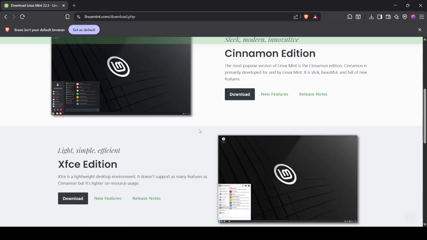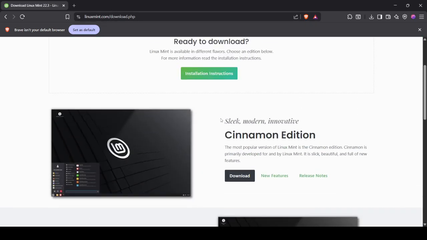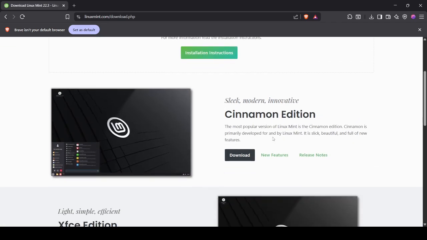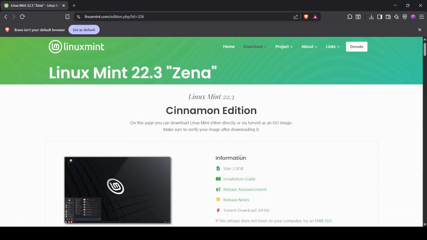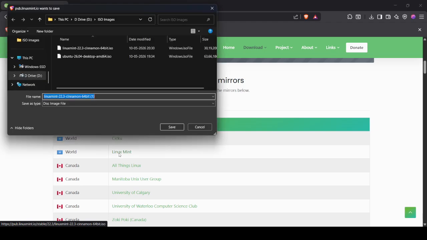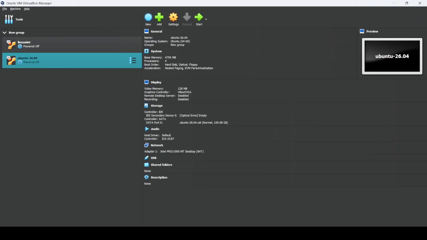ISO image. Once you come upon this link, download.php, you will see the Cinnamon edition, Xfce, MATE. I'm going with the latest one only, that is the Cinnamon edition. You need to just click on this download button, and then you can click on any link here if you want to download Linux Mint, so that it will start downloading. I have already downloaded this particular file, so there is no need to do that again. Once you have done that, you can open up your VirtualBox,